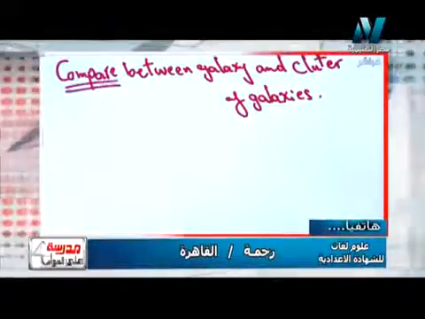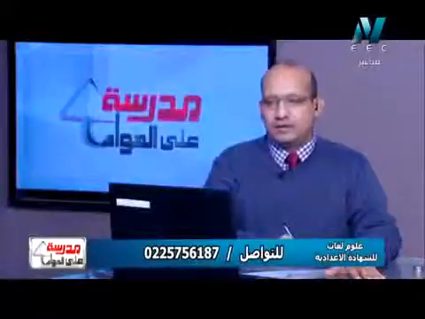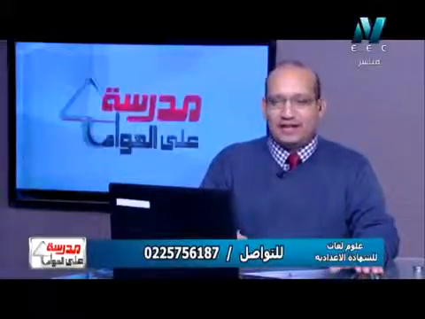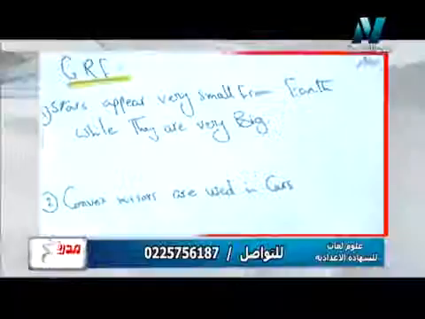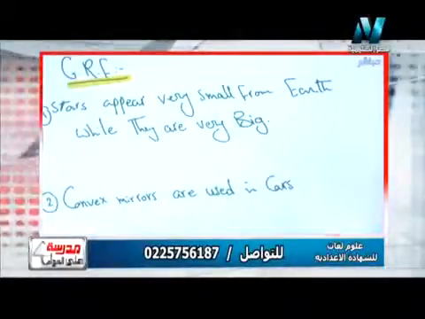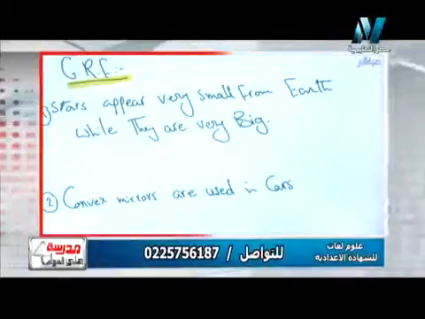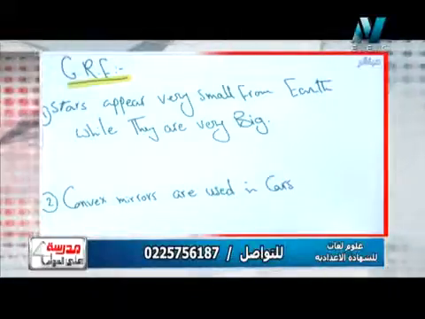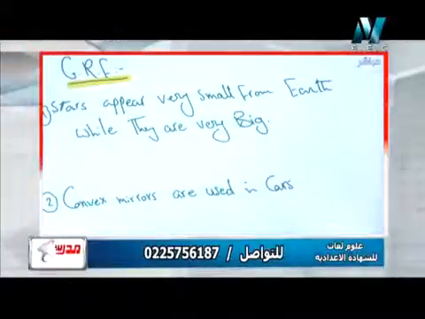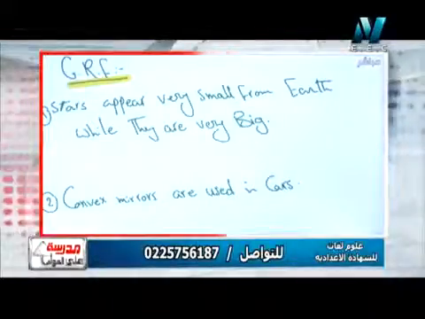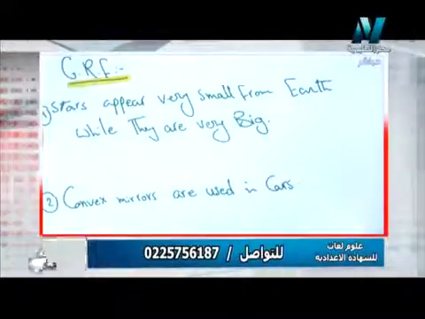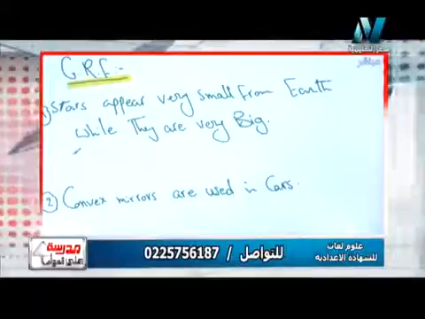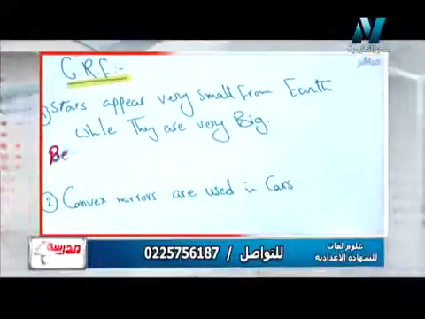طيب ناخد بس اسئله والده ميليسيا الاول. Okay, we will start as first in, first out. So here we have number one as the first question from Melissa parent. Here we have stars appear very small from the earth while they are very big. يعني النجوم بتبان صغيرة قوي من الأرض طبعا وهي very big as size. يعني more than earth مثلا at least 1 million times or maybe 5 million times some stars يعني. So here we answer by very easy or by short and sharp. So إجابة سهلة جدا أقول له because they